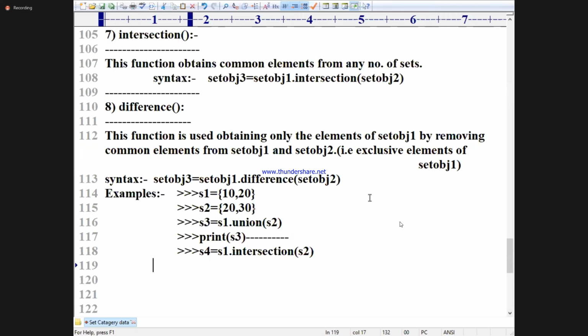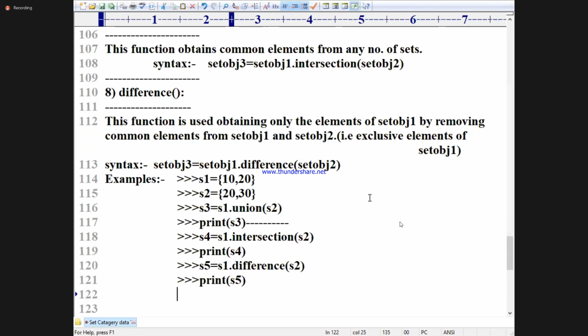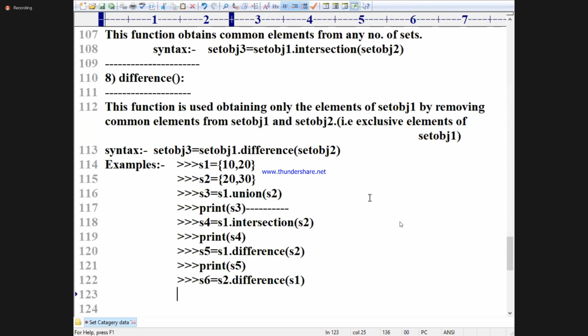Print S4. S5 is equal to S1 dot difference of S2. Print S5. Last step, S6 is equal to S2 dot difference of S1. Print S6.